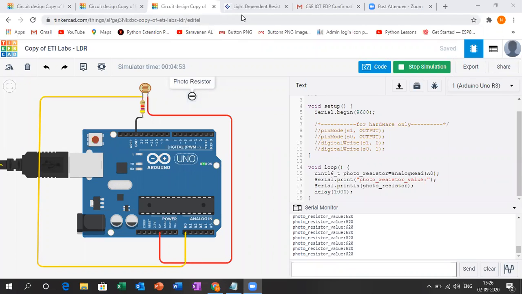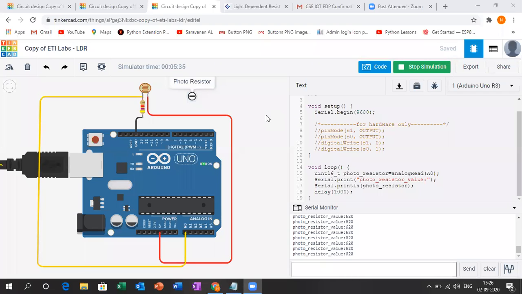Yes. So I'm just explaining this again. You can see here we have made a potential divider, or voltage divider, between the LDR sensor and the resistor. The LDR sensor is in the pull-up network. It is connected to 5 volts, and the other terminal of the LDR is connected to the resistor, and the resistor is connected to the ground. So there is a voltage divider between the LDR and resistor, where the LDR is in the pull-up network and the resistor is in the pull-down network. Now we have taken the output in between the LDR and the resistor and connected it to A0.